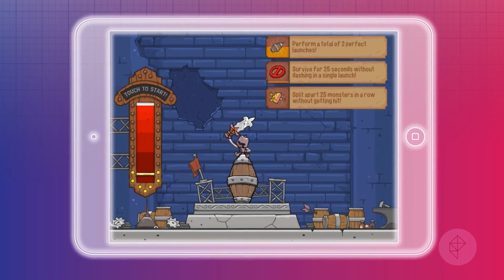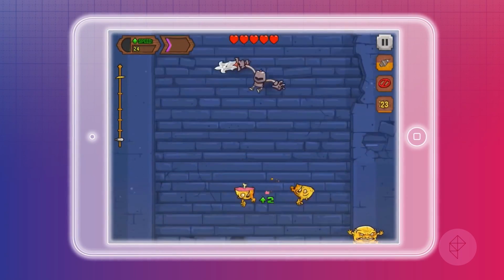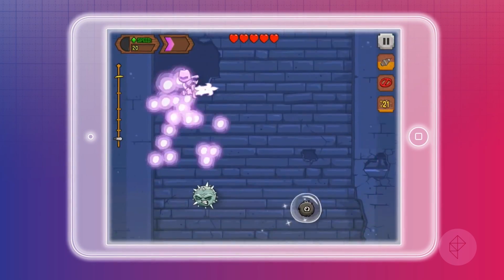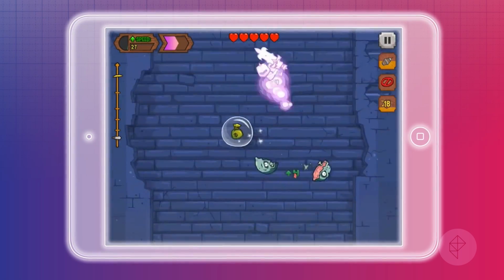First up this week, we have Knightmare Tower. That's Knight with a K, not the dark kind. So the premise of Knightmare Tower, essentially you are a knight, and you are flung up into the sky using this awesome rocket cannon dealie. And the only way to keep projecting yourself higher and higher up this Knightmare Tower is to slash your way